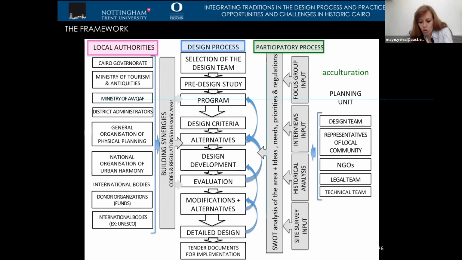And this framework calls for a change of mindsets and the acculturation of the local community, the designers and the local administrators, so each group can assimilate the culture and interest of the other, and so we can build synergies between the different actors